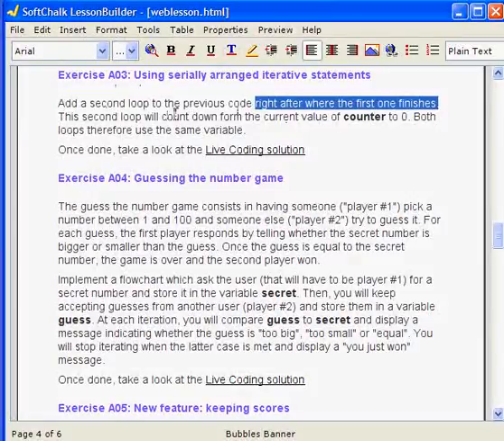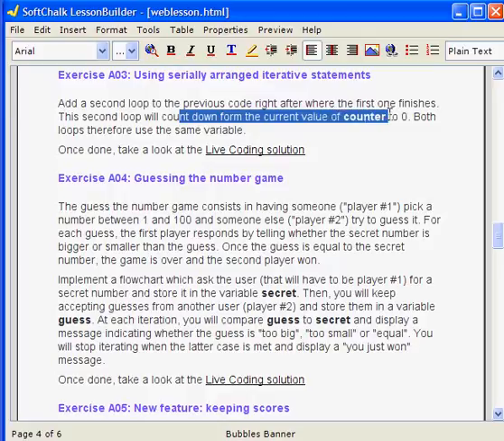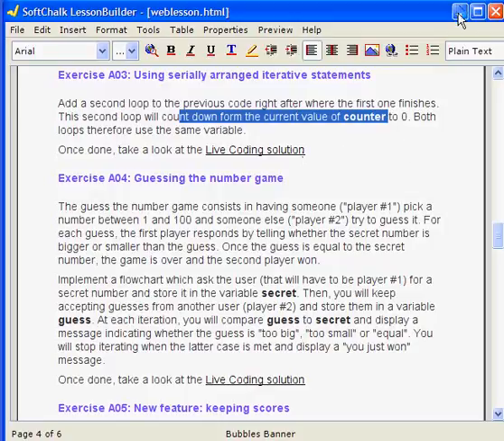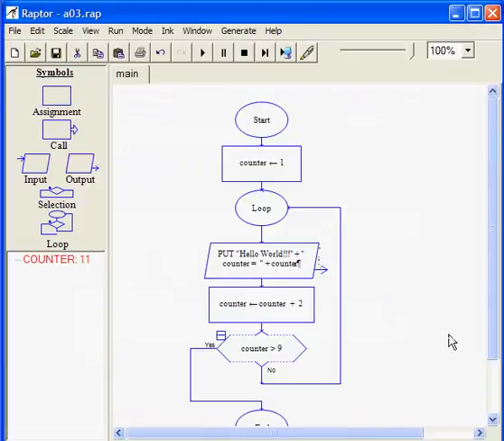And this loop is going to count down from the current value of counter. So this is something a little weird. We are using in both counting loops the same counting variable, counter. And this one is going to decrement the value of counter down from whatever its current value is, to 0. And both loops are going to, like I said, use the same variable. So it's not something that's going to happen very commonly. But I wanted to have at least one exercise illustrating this so that you have seen it in practice